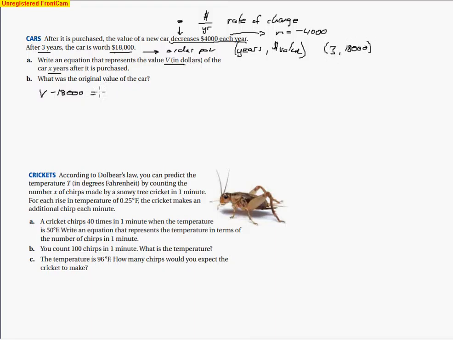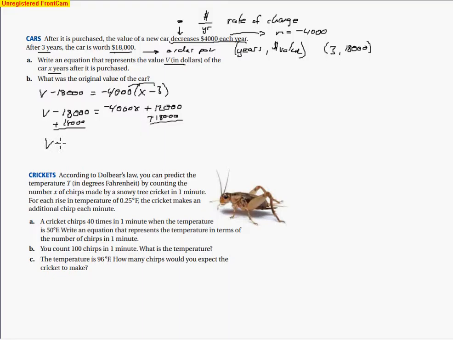So V minus 18,000 equals the slope, the rate of change. It's decreasing by $4,000 every year. So x minus 3, because we're going for 3 years. So we distribute, and I've got V minus 18,000 equals negative 4,000x plus 12,000. So I just go ahead and add the 18,000 to all sides, and that gives me the answer in slope-intercept